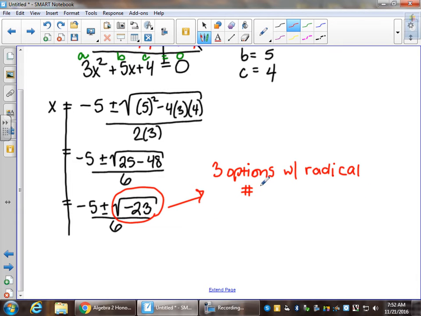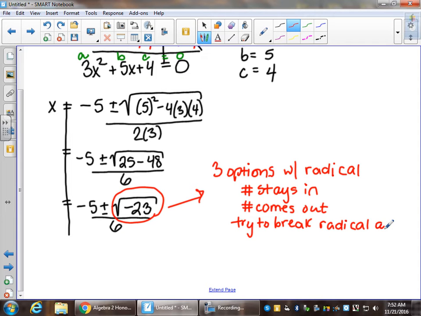The number stays in, number comes out, or try to break the radical apart. Well, 23 is definitely not a perfect square, so the number is not coming out. 23 also has no perfect square factors, so we can't break it apart,